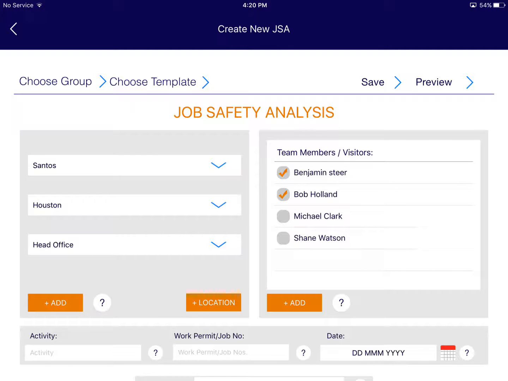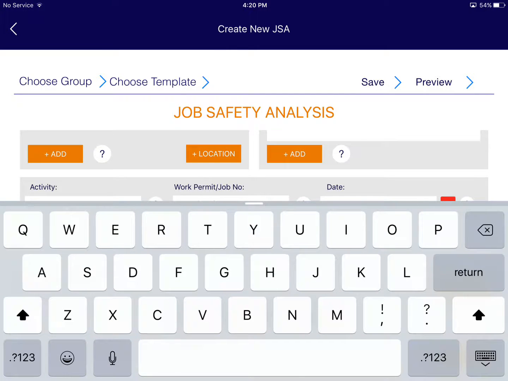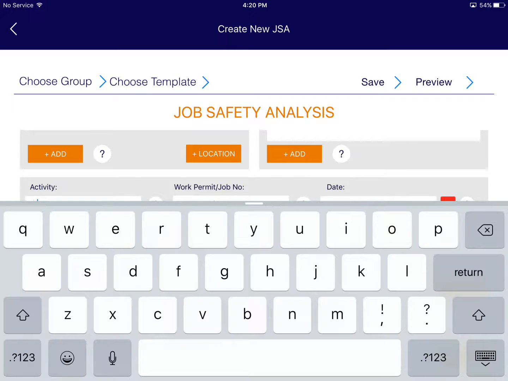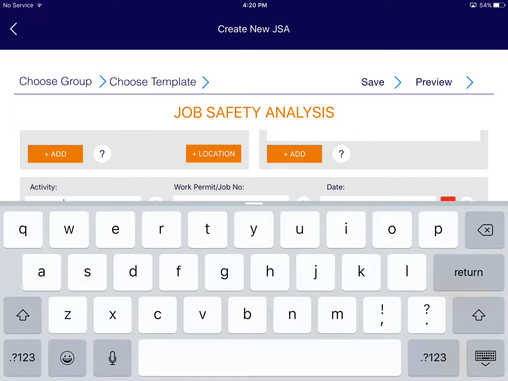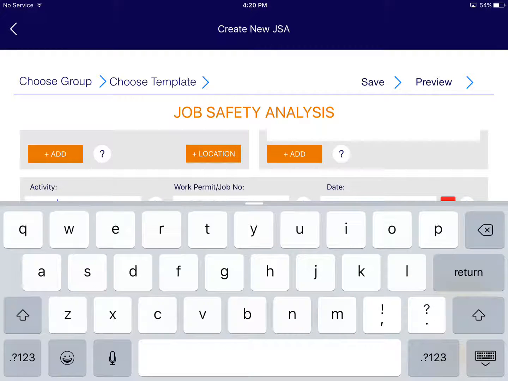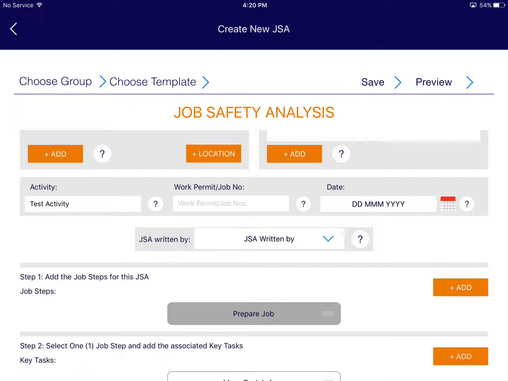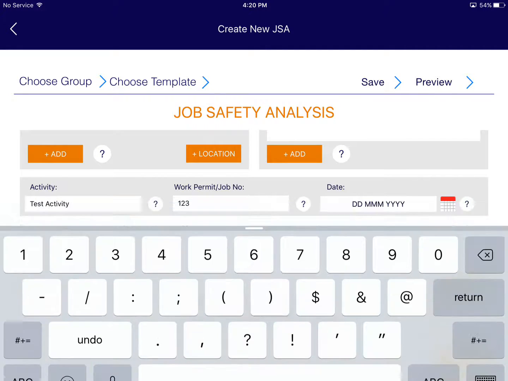Now what I'm going to do is just pick my team members, and there's 4 in my team. I've picked them all. You can see if I wanted to add someone, I just hit the add button down the bottom. Just to go on with the further admin components, I'm going to name the activity, and for sake of ease of analysis, I'm just going to put test activity. So I'll just put in there test activity, and then I'm going to write it up as work permit number